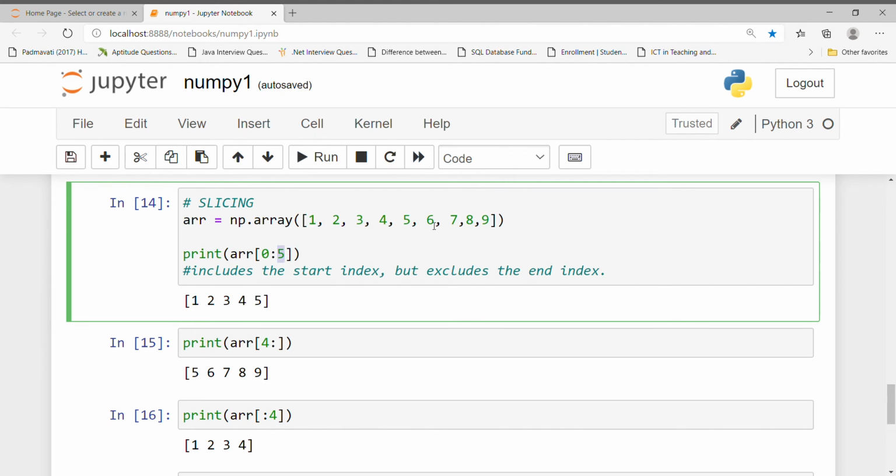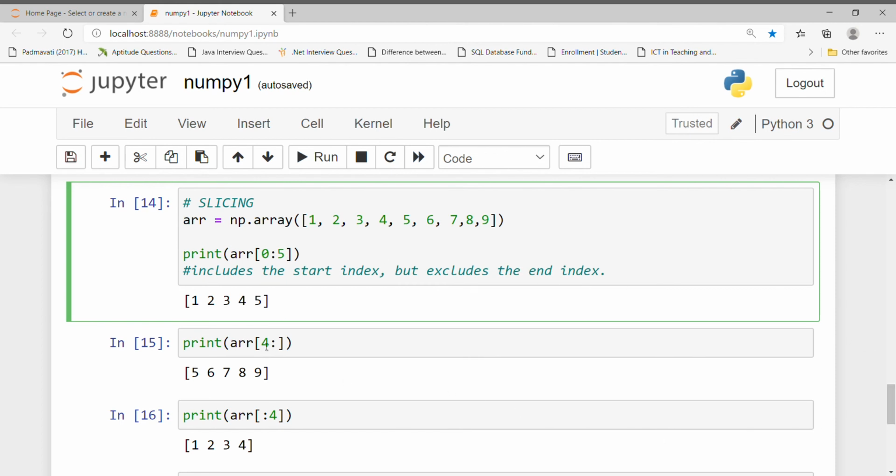Here the 5th position is 6, but it excludes the end index. It includes the start index, but it excludes the last index. That's why it printed 1 to 5 only. No 6 will be printed because in slicing it excludes the end index.